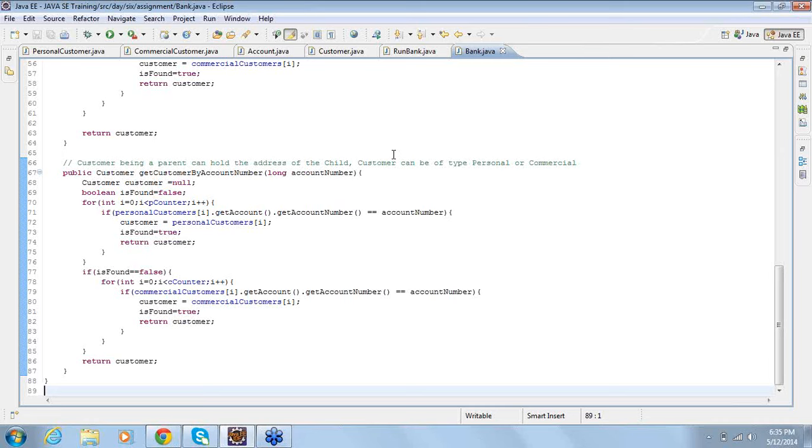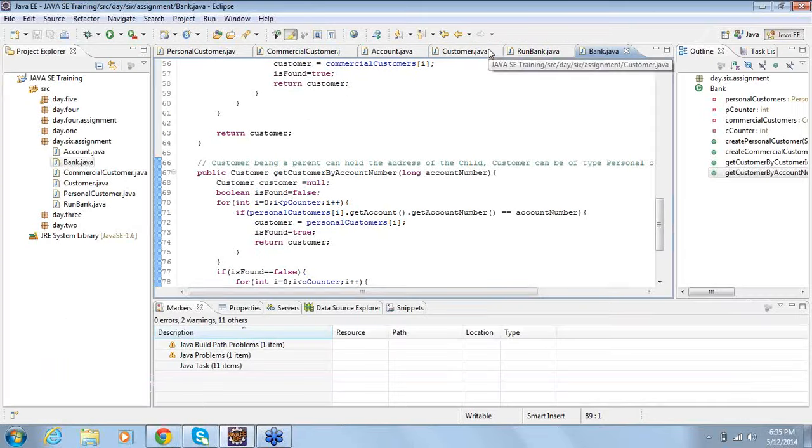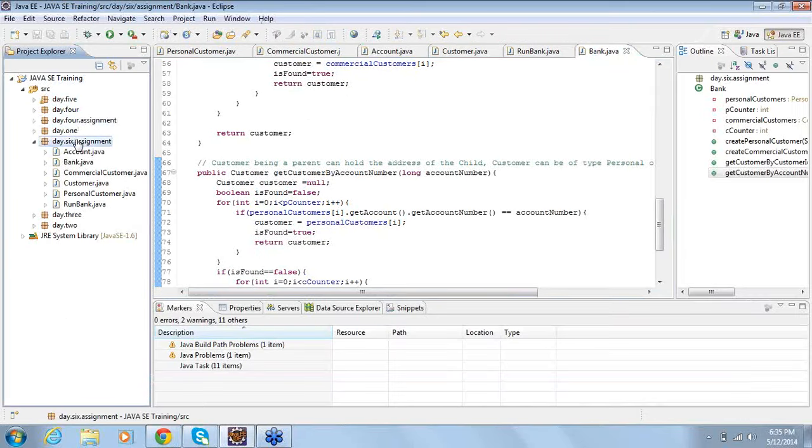Whereas when it comes to transaction, the transaction details involve a transaction ID, transaction type, the amount involved in the transaction, and at what time the transaction has been performed. So here I will be creating another one.